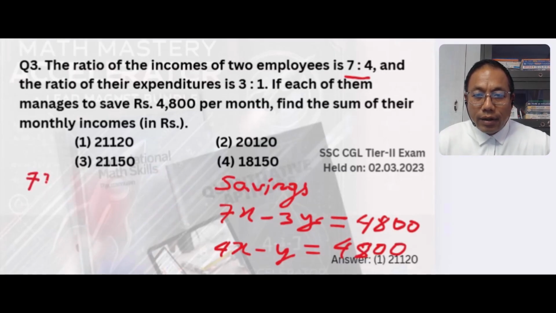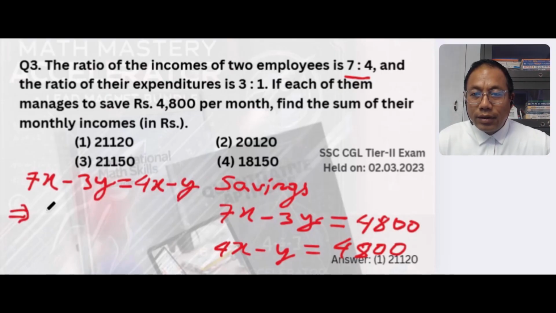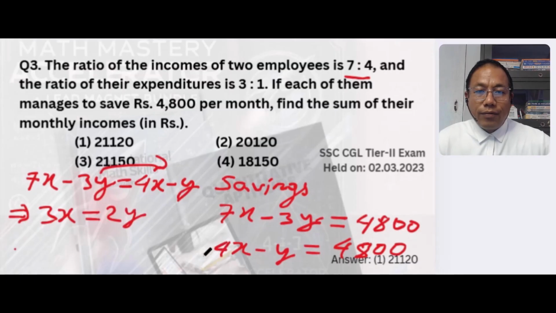7x minus 3y is equal to 4x minus y. Transfer y to the left. 7 minus 4 is 3. 3x equal to, transfer this to the right, will be plus 3 minus y is 2y. Now, from here,